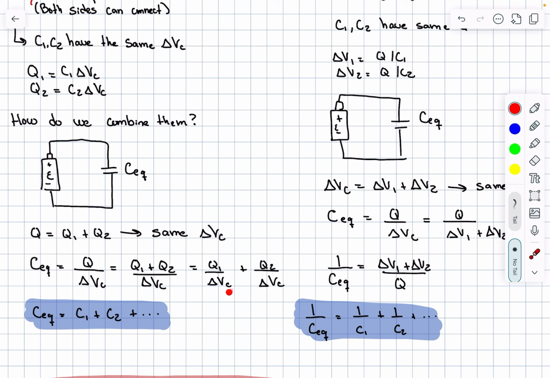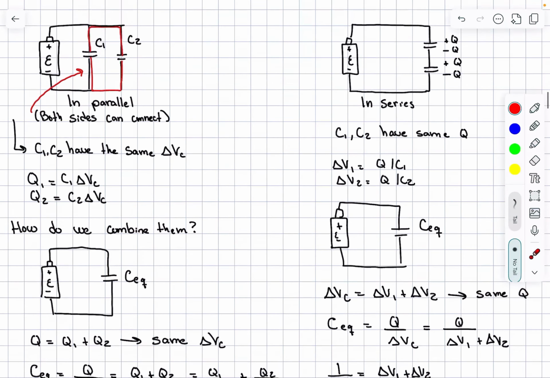We know that this here is the definition for the capacitance of number 1, and this is the definition for the capacitance of number 2. So that means to combine the capacitance, C equivalent is equal to C1 plus C2 plus ... Okay, so this is the really important equation,